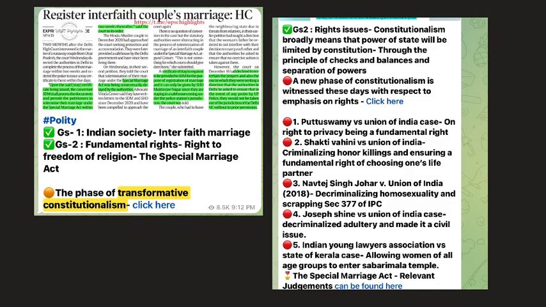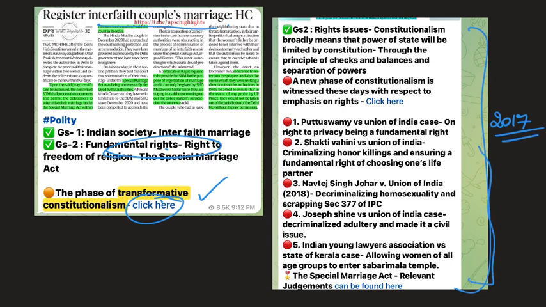Now, in the channel, that is the Hindu Highlights Telegram channel, where I've been posting newspaper articles, I've usually commented about the need to understand the concept in the larger picture. Like, say, for example, this issue of interfaith marriage is essentially an aspect of fundamental rights. And if you click it here, it redirects you to this particular article where I've mentioned a lot of cases, like say for example the Puttaswamy judgment, right to privacy in 2017, and all the other cases.